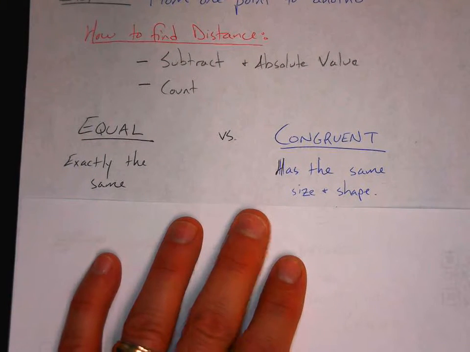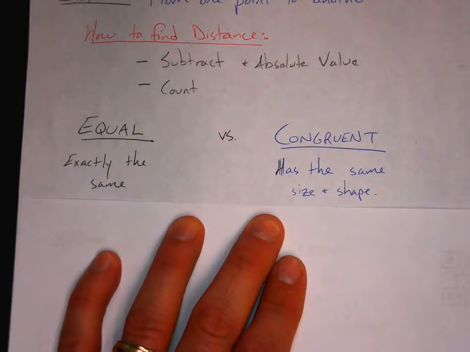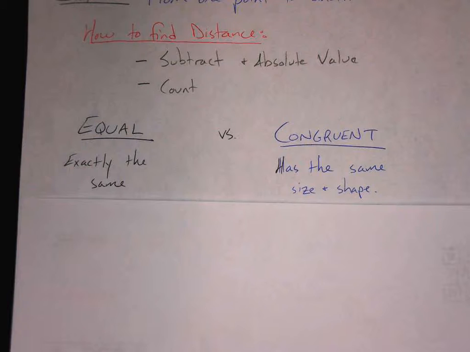Congruent, on the other hand, isn't exactly the same, but it has the same size and shape, the same exact size and shape. So if I had another blue pen, technically, the blue pens are congruent to each other, not equal to each other. Okay, here's an